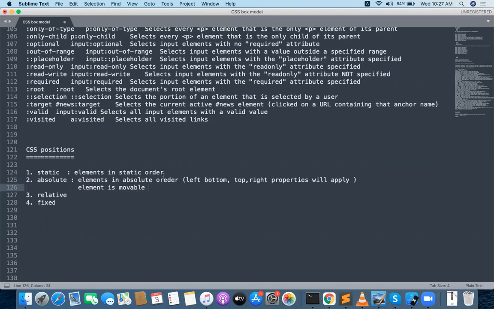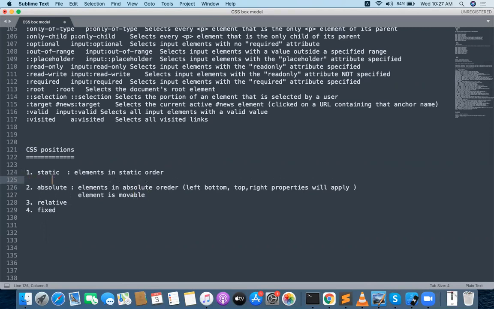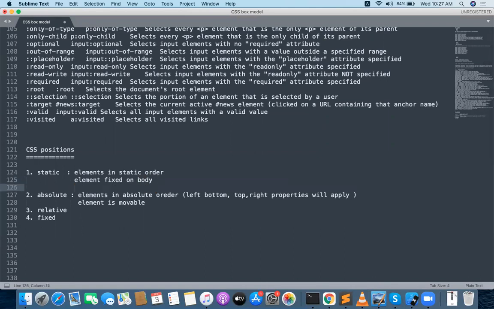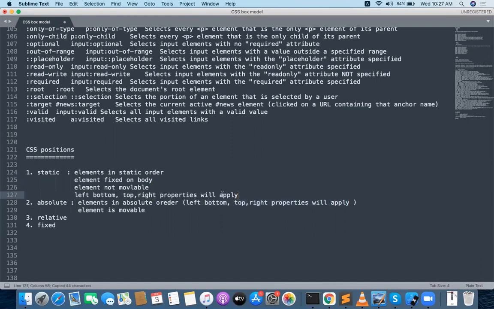And here, with fixed, the element is fixed on the body, the element is not movable, and all these particular properties will not apply.